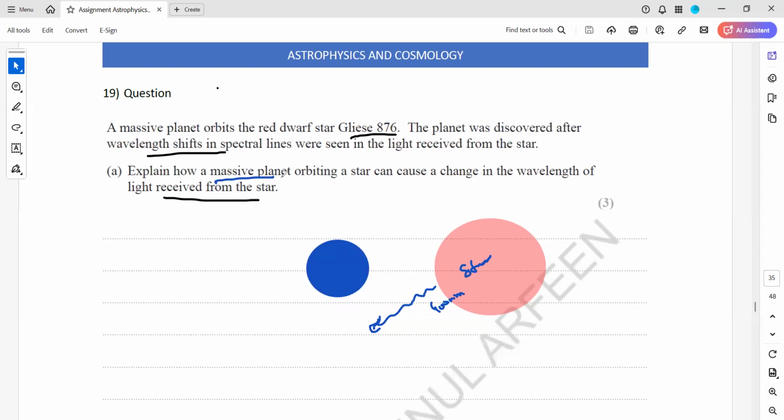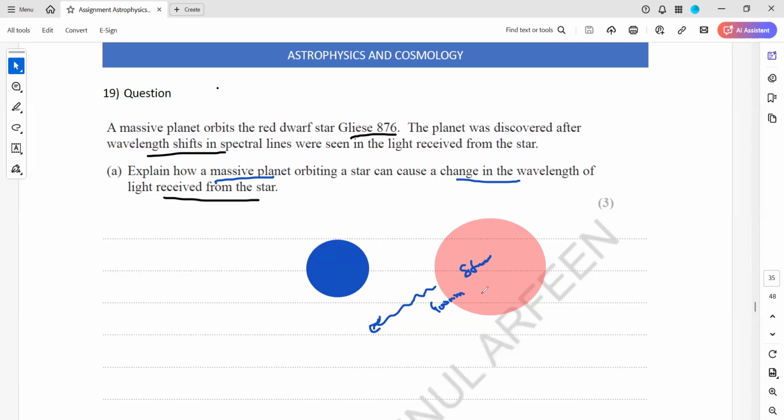Explain how a massive planet orbiting a star can cause a change in the wavelength. Look, when the massive planet is orbiting the star, the massive planet will also have a gravity. As a result,